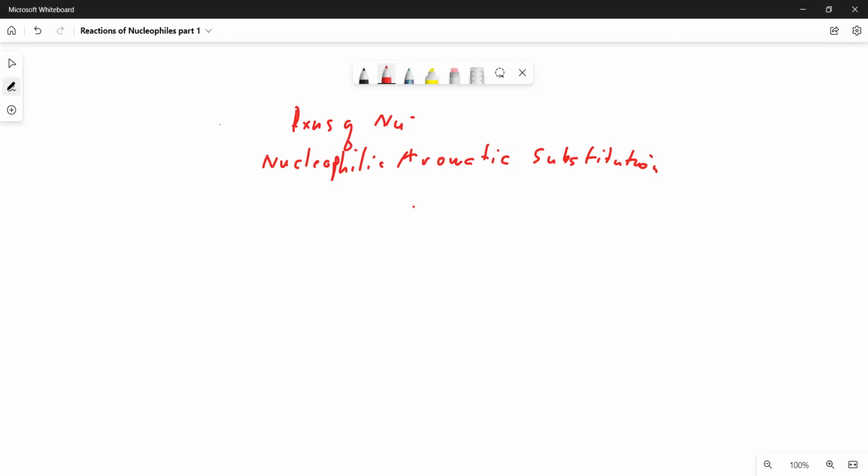In fact, Friedel-Crafts alkylation and acylation will not occur if the benzene has electron withdrawing groups. Okay, so the more electron withdrawing groups, the lower the tendency for the benzene to undergo electrophilic aromatic. Then therefore it has a greater tendency to undergo nucleophilic substitution. Okay, so to illustrate that, now